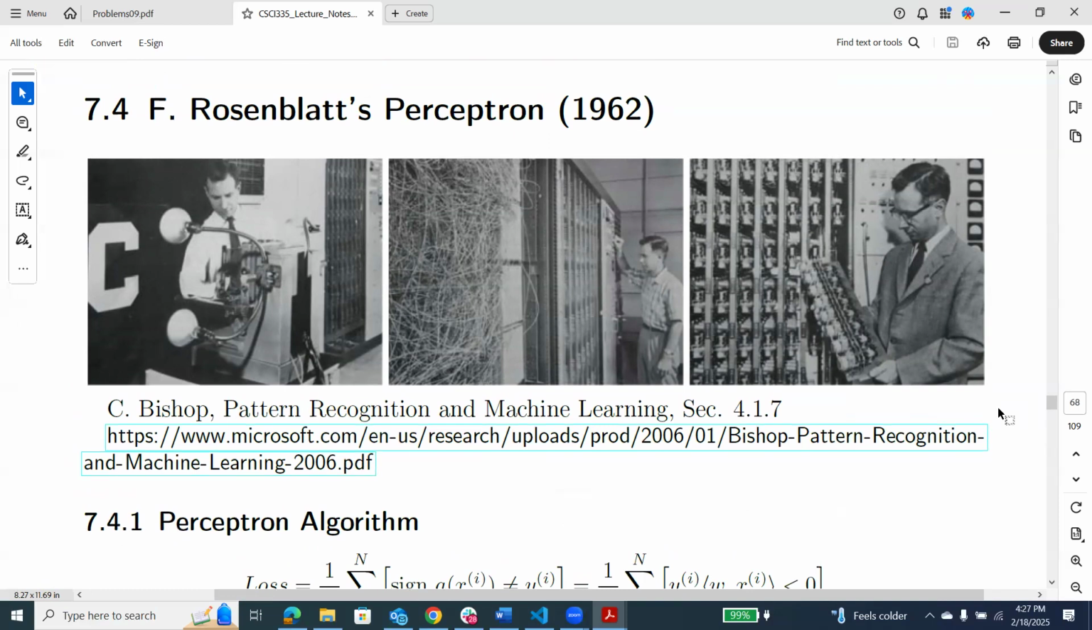Rosenblatt's perceptron. So this is the linear classification algorithm. We know linear regression, we know logistic regression. This is another one, linear classification, which is called Perceptron. And it was proposed in the 1960s, and I took the illustrations from a nice textbook by Bishop,